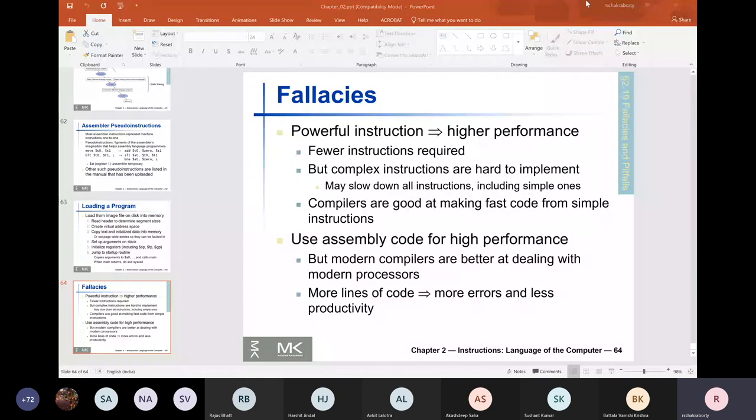So the use of assembly language programming directly, other than maybe writing some very low level code, which deals partly with the ROM type of things, or the bootloader, when the operating system is getting invoked, or maybe some device driver type of things, some interface code between hardware and operating system. Other than this type of things, almost nobody writes operating system code directly, and even if they write operating system